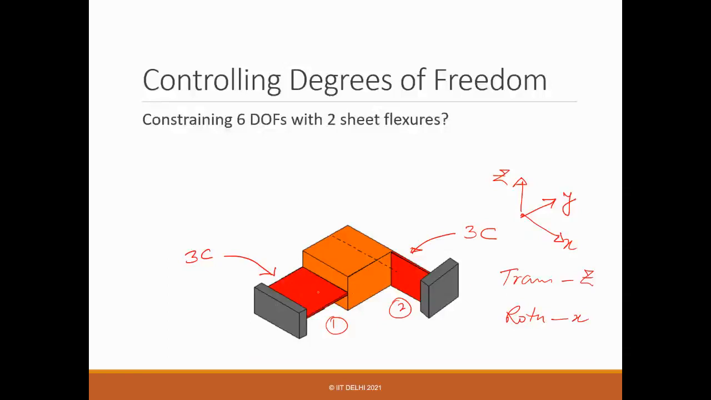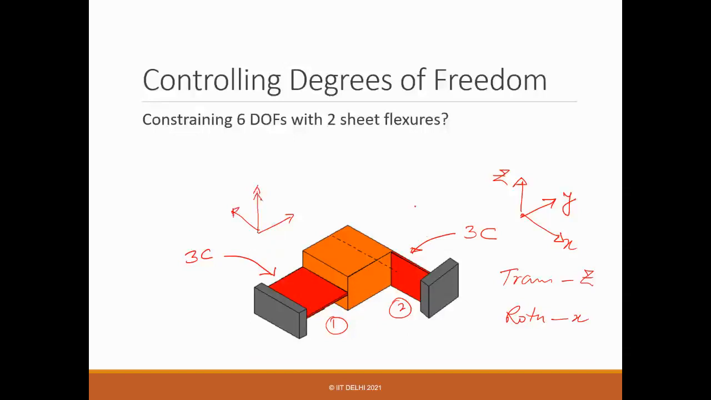So what happens if you consider sheet flexure 1? What will be the constraint direction? Of course, it's in plane X and Y, right? Those are constrained. X, Y, and the rotation along Z will be constrained, right? So if you consider this plane, this sheet flexure, and this is the rotation, these are the constraints, right? Three constraints, right? If you take 2,